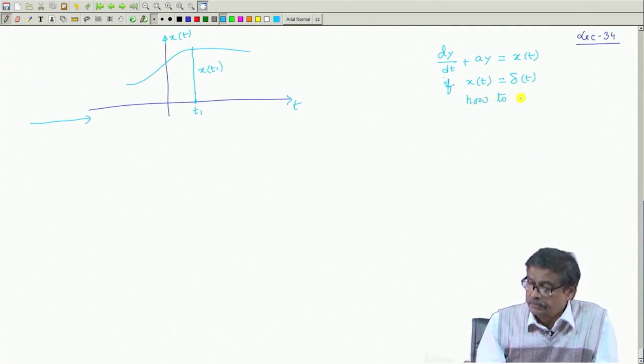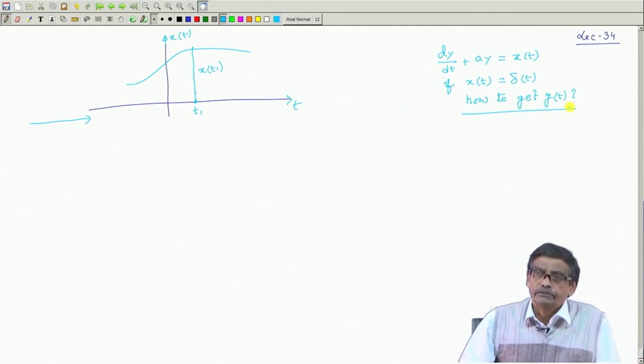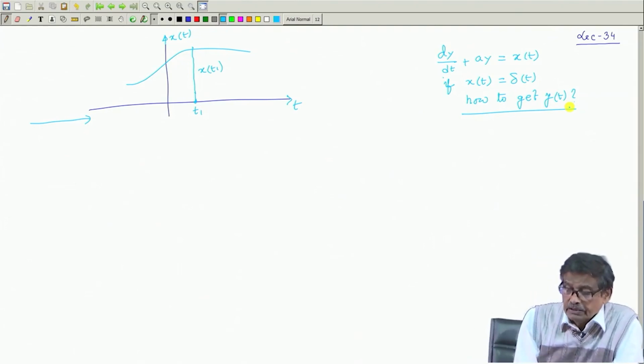How to get y(t)? This is the question asked, because delta(t) is a very peculiar function, and to tell you about that, reviewing,